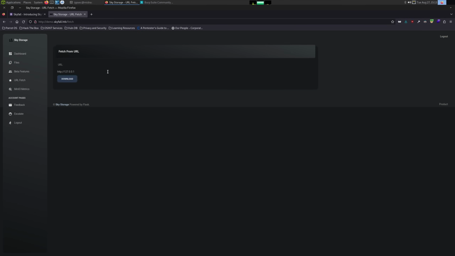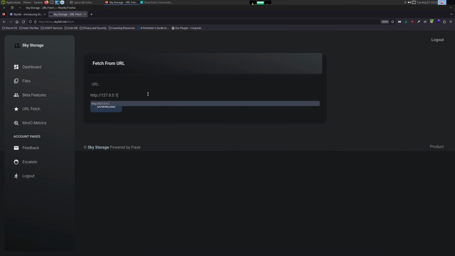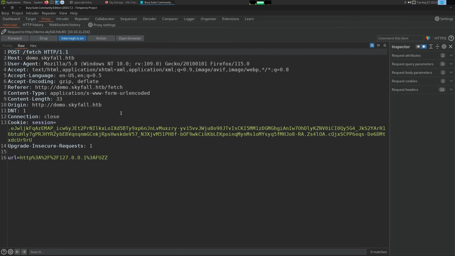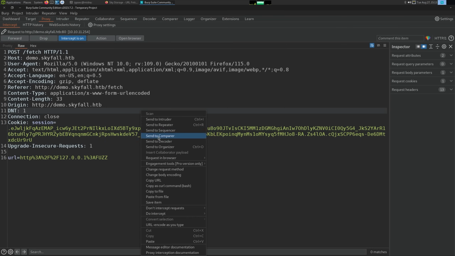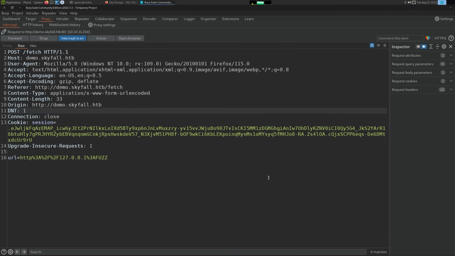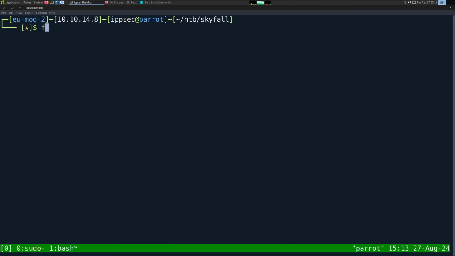So what I'm going to do is make a request to 127.0.0.1. I'm going to put FUZZ there because I want to eventually get this entire request into FFUF. So I'm going to grab this. Then we can copy to file. And I'm going to name this ssrf.request. And now we can use FFUF. So ffuf -request ssrf.request